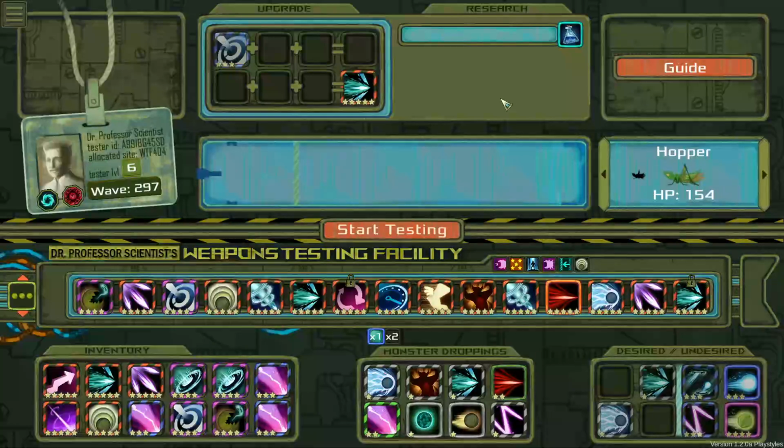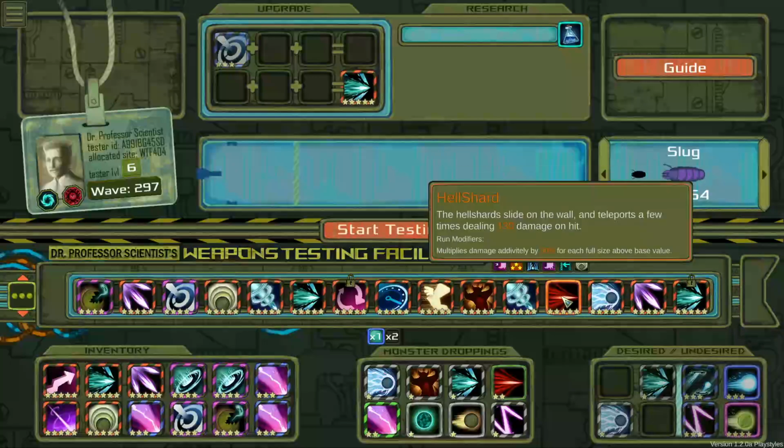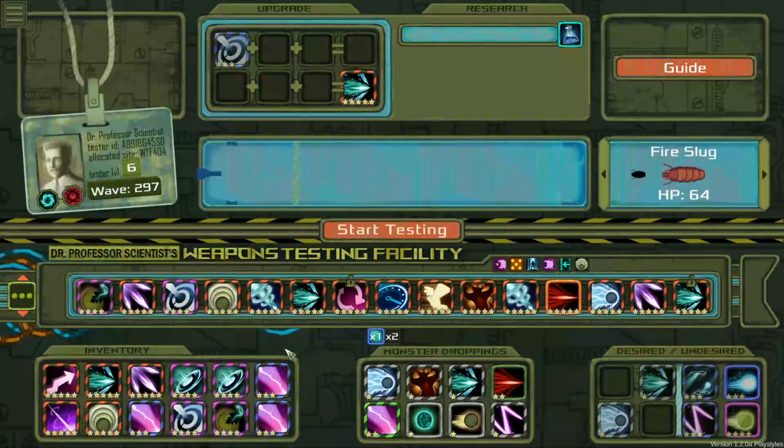DPSWTF, Dr. Professor Scientist Weapon Testing Facility. I think we put together a broken weapon set. Now, this is using the Teleport Major Discipline and the Hell Minor Discipline. We are focused on the Hell Shard, which has an enormous damage per hit compared to the other projectiles. Now, we are using just one projectile through our entire loadout, and then we're using everything else to buff that